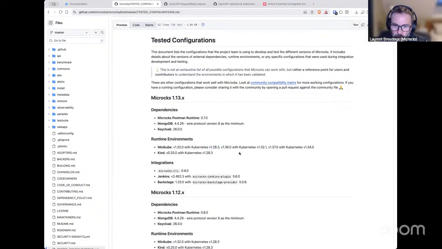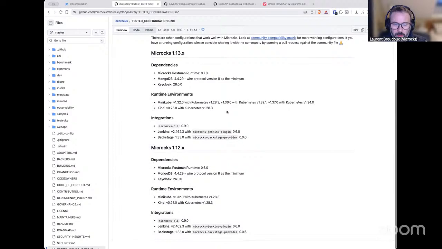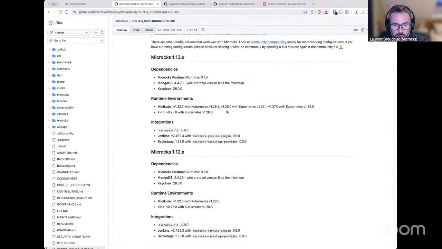So I will update this documentation to tell people it has been tested with this version, it has been developed with this version. So these are the ones we are somehow certifying as working, as tested.